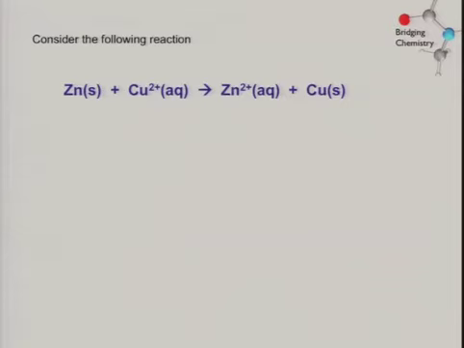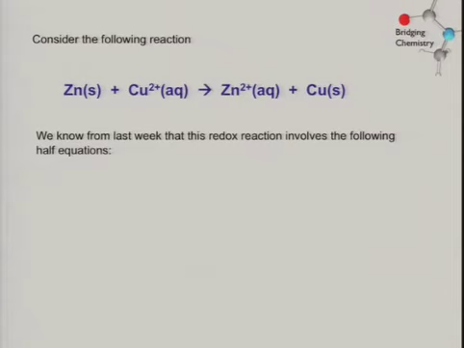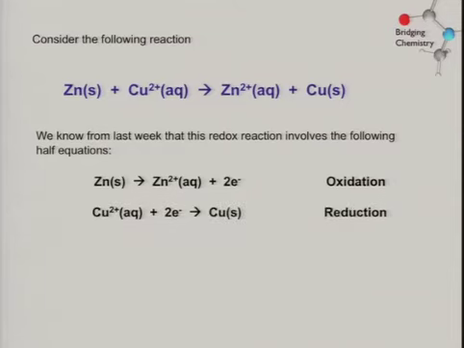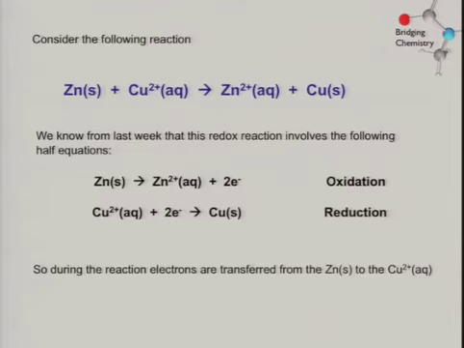Okay. So if we then go and consider the reaction that we were talking about yesterday. The zinc reacting with the copper 2 plus to give zinc 2 plus and copper. And so we know from last week, we know from yesterday, that this redox reaction involves the following half equations. So zinc going to zinc 2 plus plus 2 electrons, that's your oxidation, and copper 2 plus gains 2 electrons to make copper. And so the overall reaction is zinc